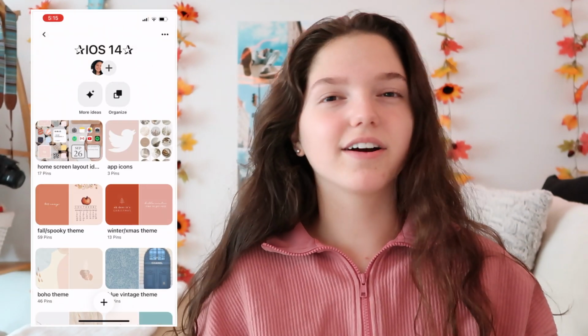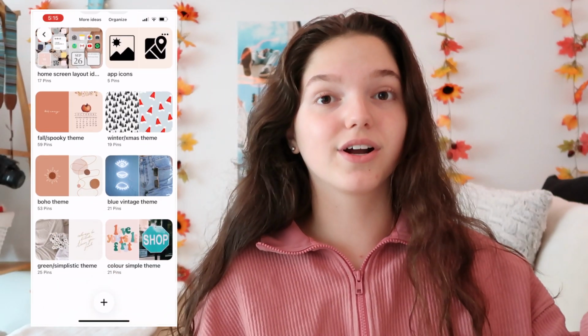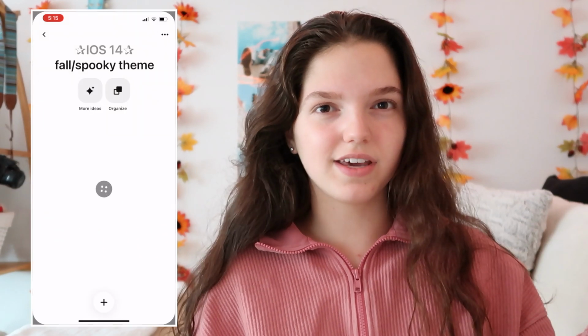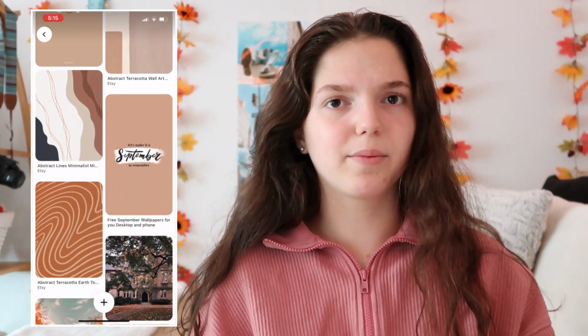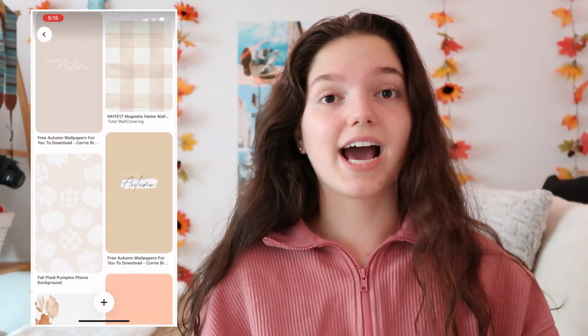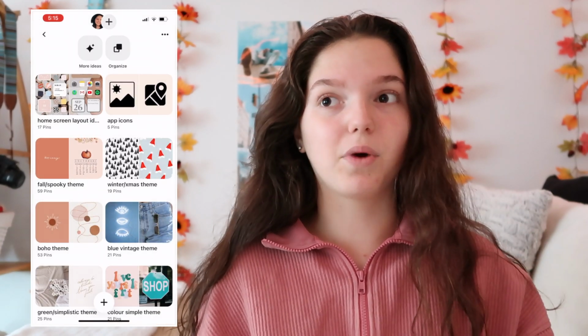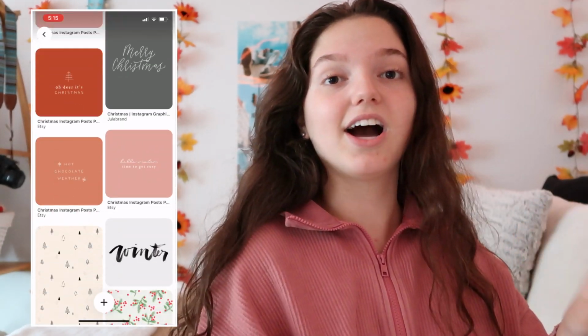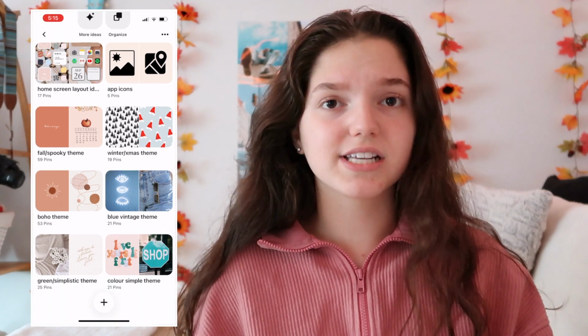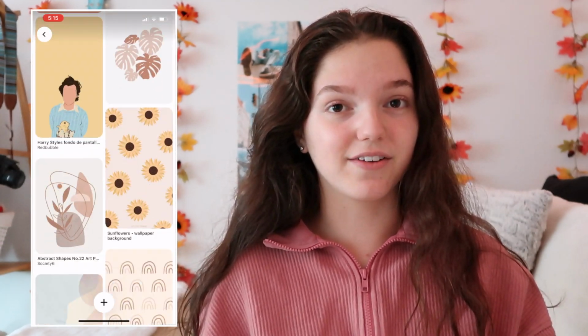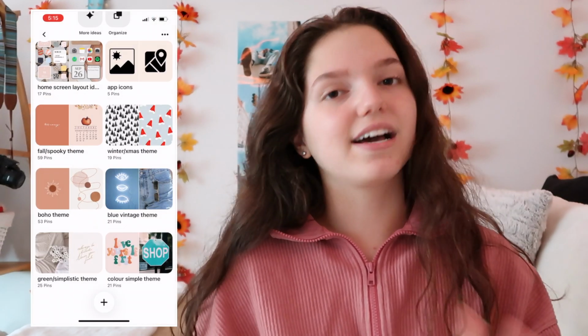And I have a board on there called iOS 14, and if you look under the section called fall theme, all of these photos will be on there, I'm pretty sure. And also in that board, I have other themes. I have a fall theme one, I have a boho theme, I have a color theme, a Christmas theme, a whole bunch of stuff like that. So if you guys are looking to customize your iPhone for a specific theme, you can definitely look under that